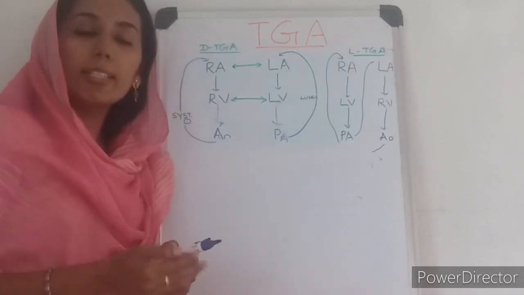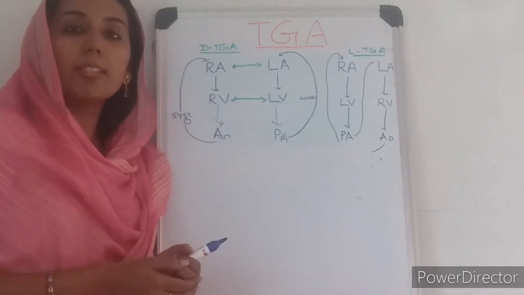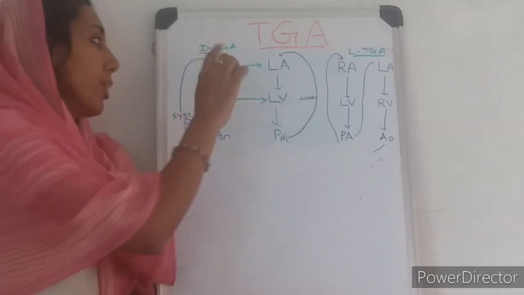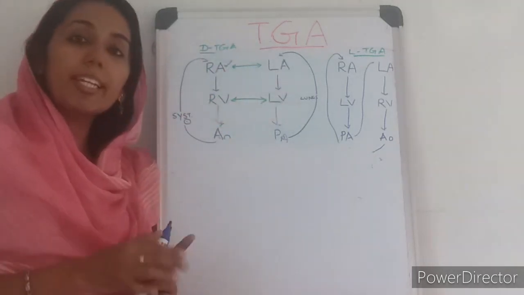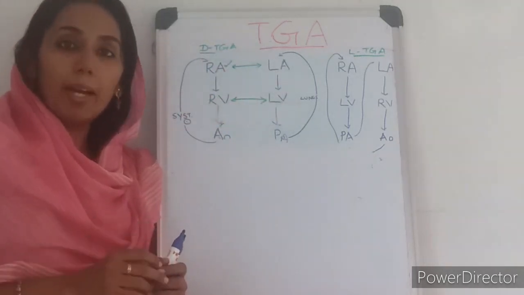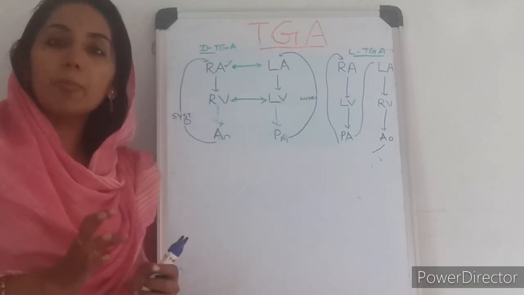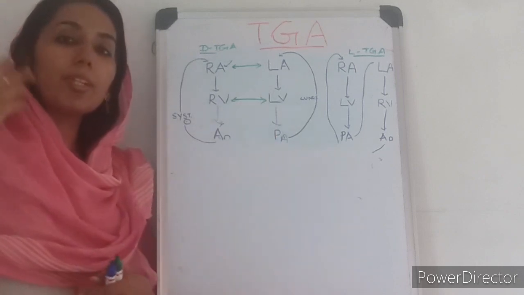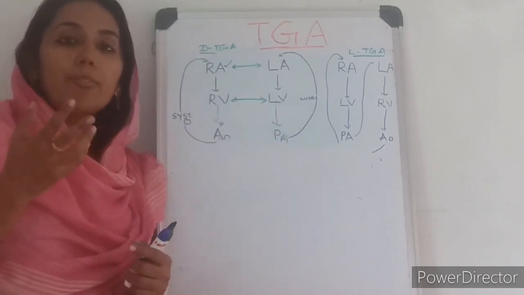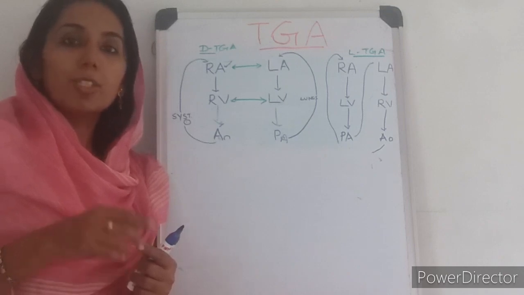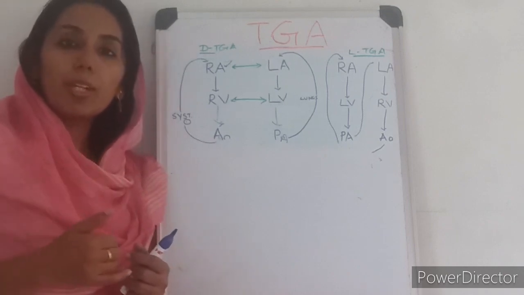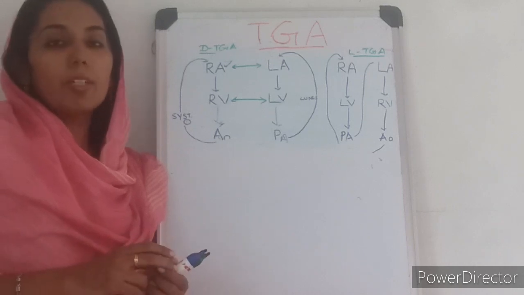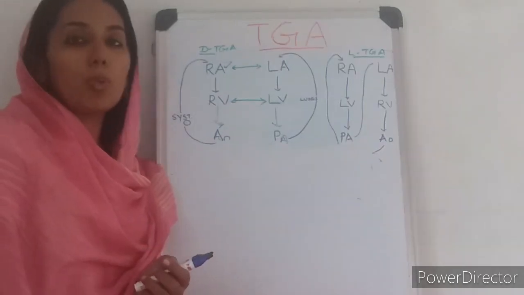Now let us discuss another definitive procedure, the atrial switch operation. We reverse the flow at the atrial level by creating an intra-atrial baffle that directs all the systemic venous blood into the LA. So from LA to LV it will go to the pulmonary artery to the lungs for oxygenation, and we also direct the pulmonary venous blood to the right atrium, to the right ventricle, and then it gets pumped into the systemic circulation through the aorta. So this will establish a normal route of blood flow.